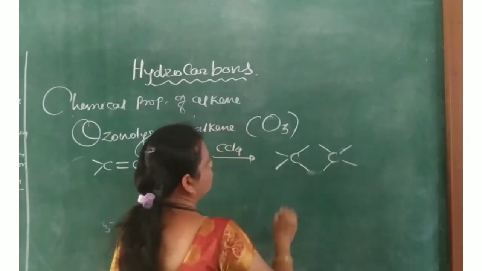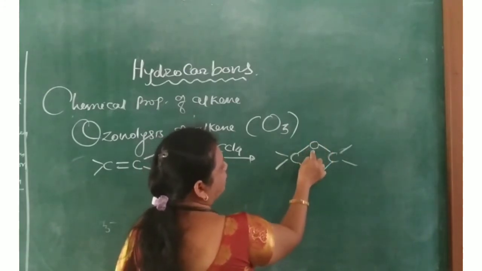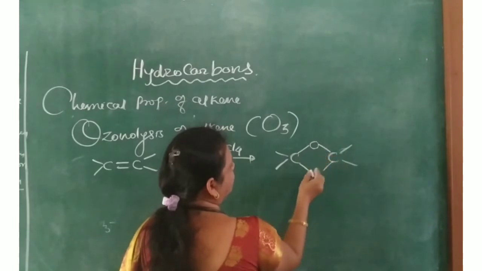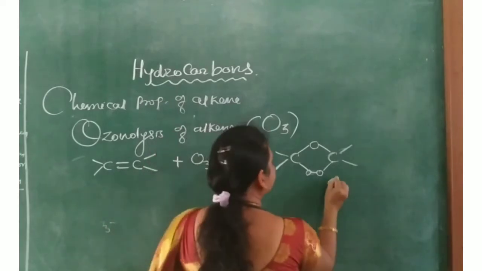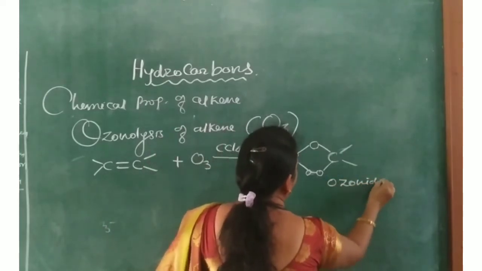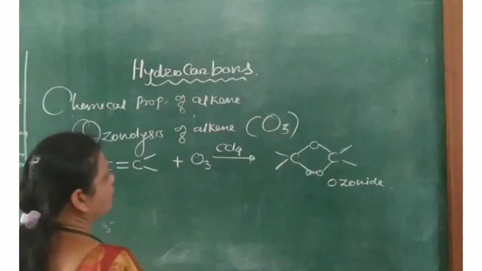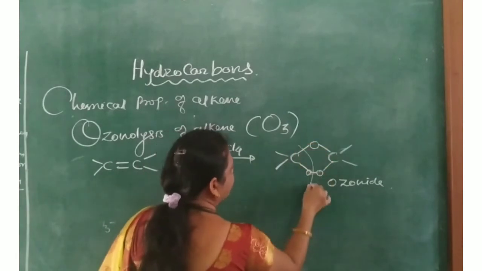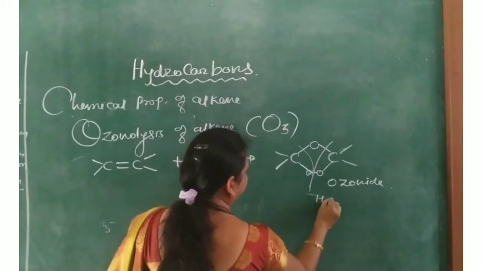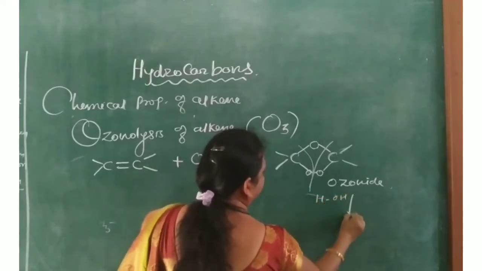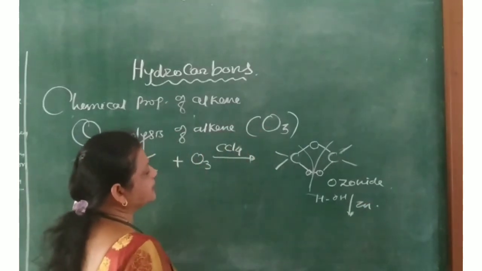Now ozone means 3 oxygen atoms, they get combined here in this manner: 1 oxygen atom between these 2 carbon atoms and 2 oxygen atoms between the carbon atoms in this way. This is called an ozonide, the corresponding alkyl ozonide. After the alkyl ozonide, there is the action of Zn. Now the reaction is just like this.